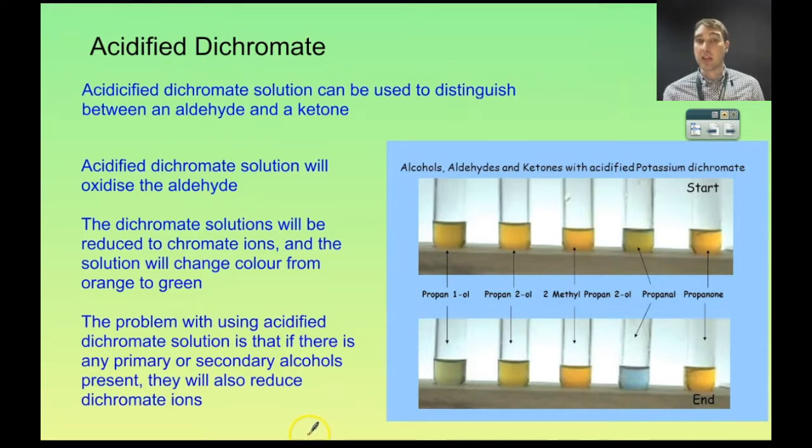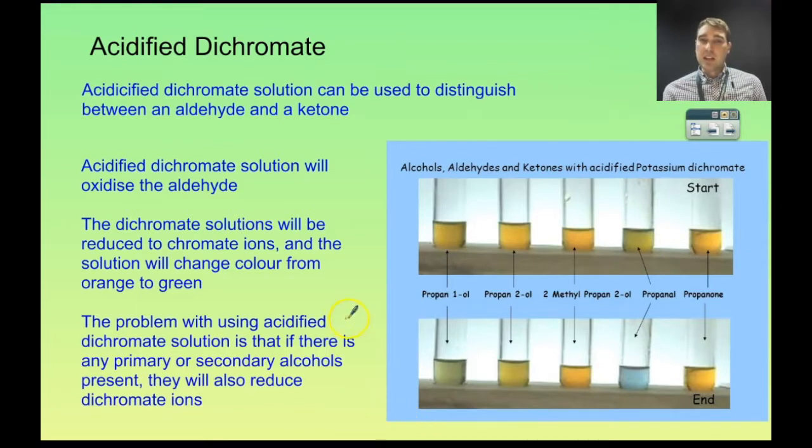carboxylic acid forming, and you'll also get a color change because the dichromate ion is being reduced to the chromium ions. So we get a color change from orange to green, and we can see that over here. Now it's not a very clear green down here, but there is definitely a color change from the aldehyde to the carboxylic acid down here. So this should be orange and this should go green, but in this case there's a bit of weird color